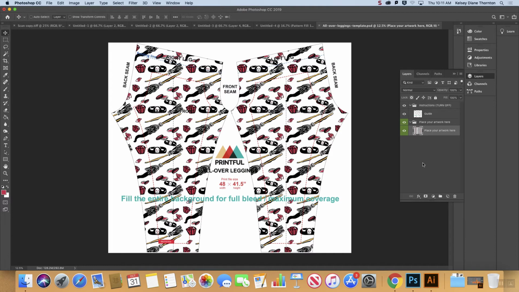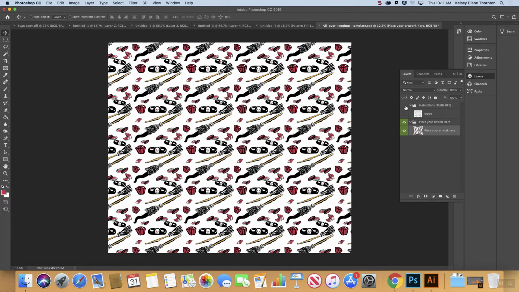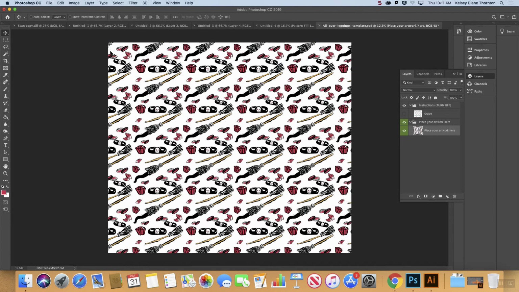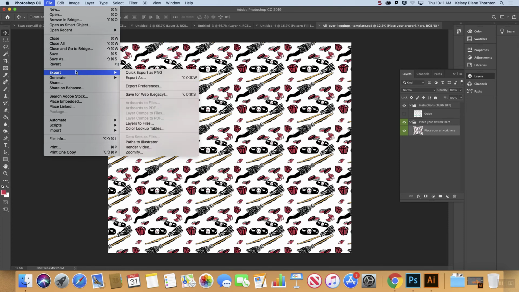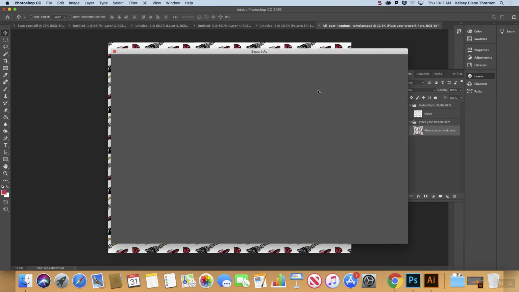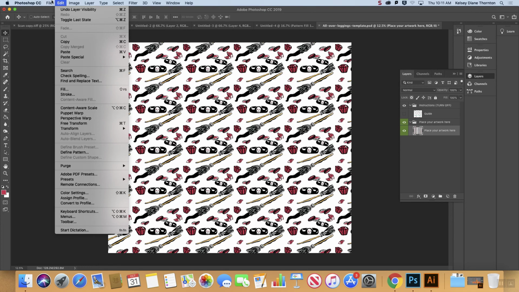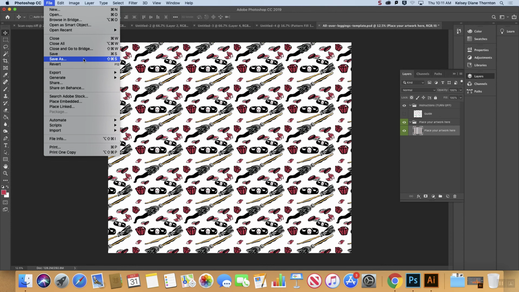And then you would save this file without the guides on top of it. And you would upload this to Printful. Let's do it. I don't like this pattern very much, but we can save it as a,